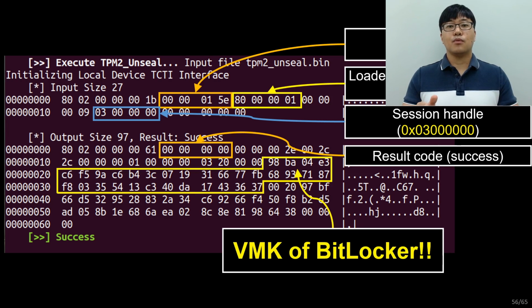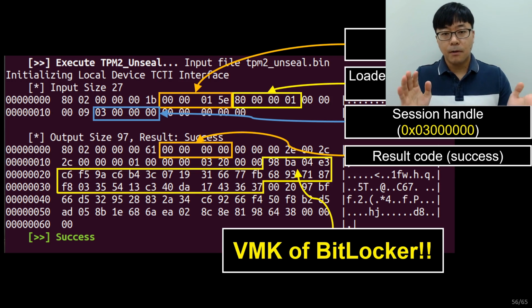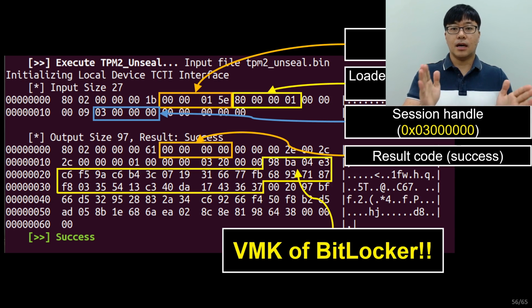If this was the last page of my journey, I couldn't be here as a speaker. I tried to find where the public and private data of the sealed VMK were, and I also tried to find where the PCR policy and bitmap were. This is very, very important, because if I find this information, I can extract the VMK from other PCs. And the location is